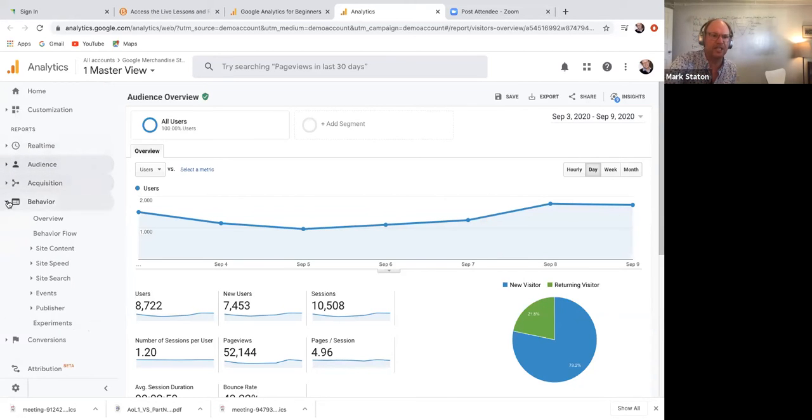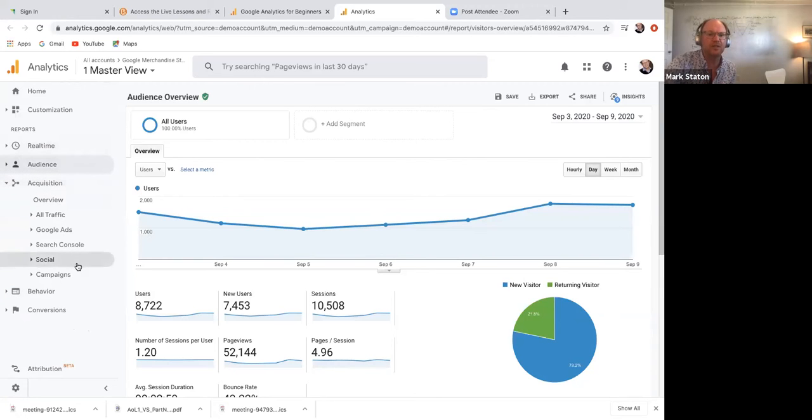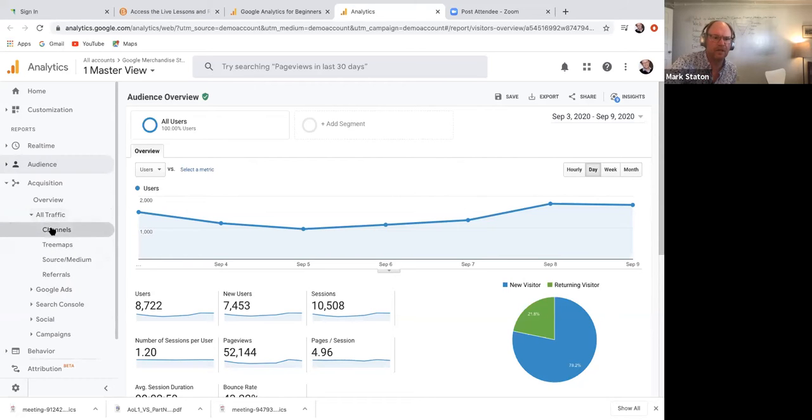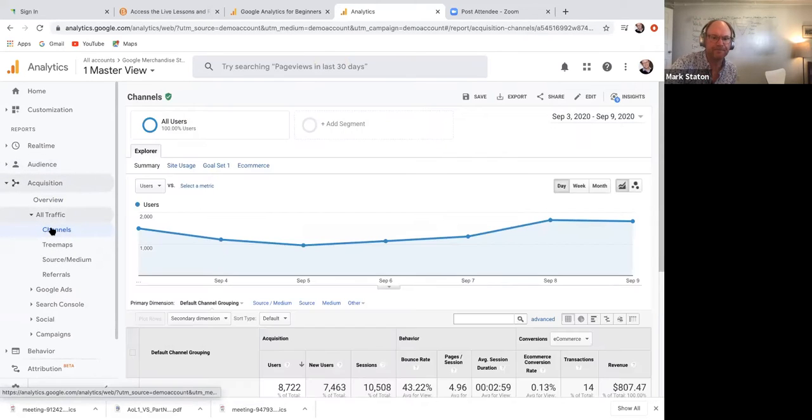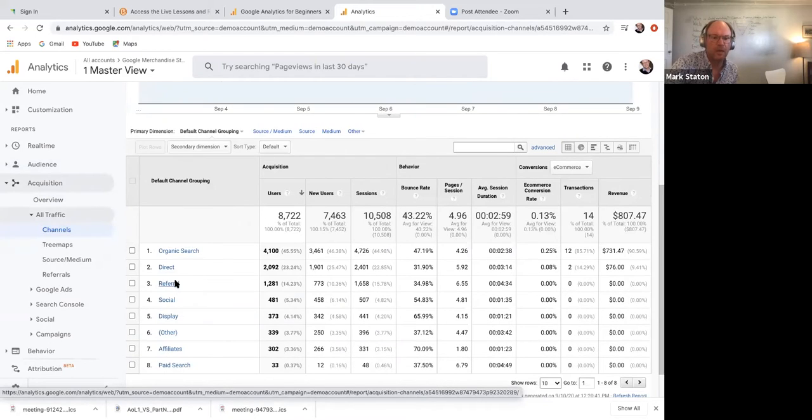The acquisition, when we talk about acquisition, this is where did the people come from to go to your website. Generally speaking, when we talk about where people come from, the main categories, when we talk about channels: organic search means that someone looked up a search term on Google, and then this organic search result led them to your website.